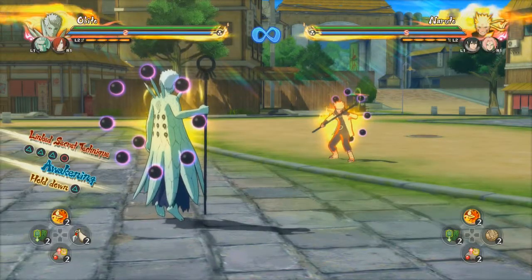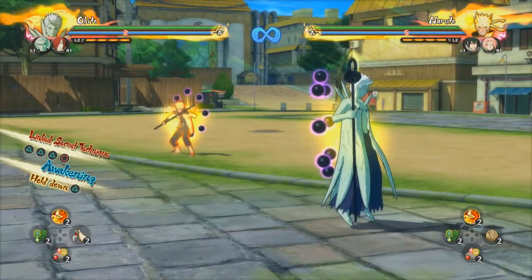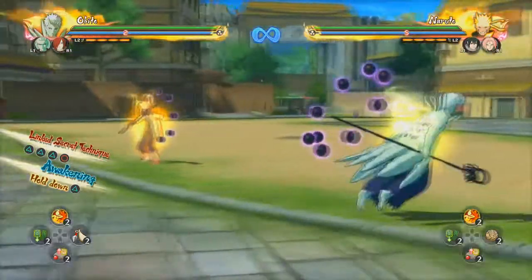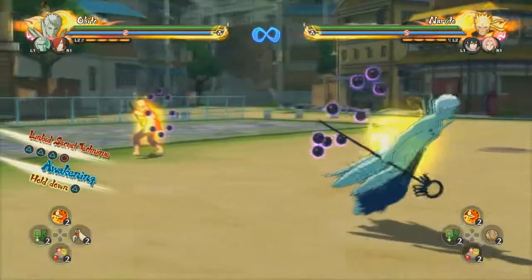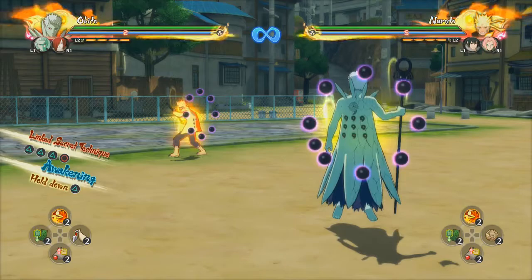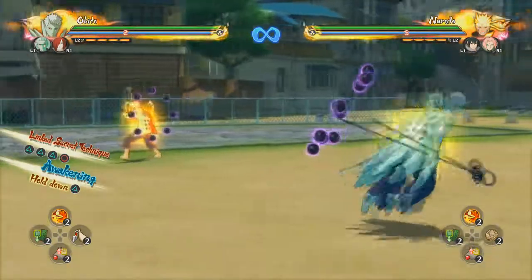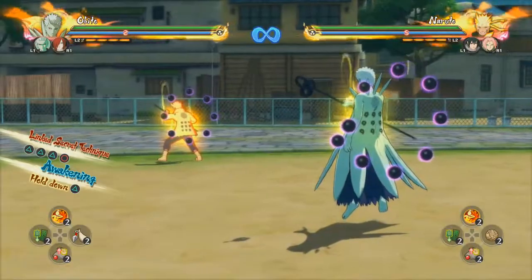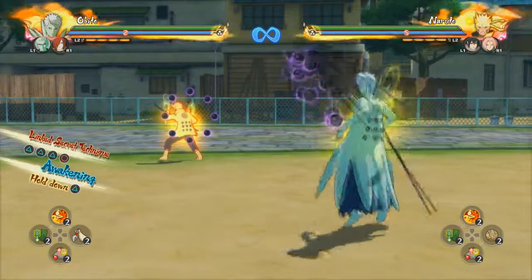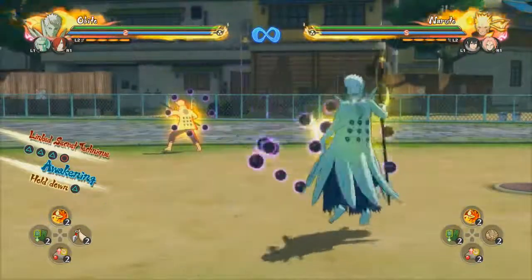Alright, I'm gonna be right back. I just wanted to get out of the awakening state. Okay, so now I'm gonna talk about Obito's whole strategy. Obito is a guy who's pretty much gonna stay still, kind of like my Kisame video, just stay still and get damage on the person. So the most thing you want to be doing is just staying right here, guarding, wait till they chakra dash, then use your long range attacks,